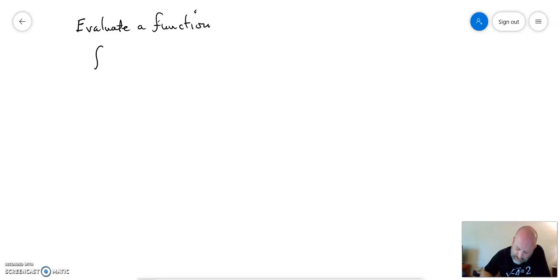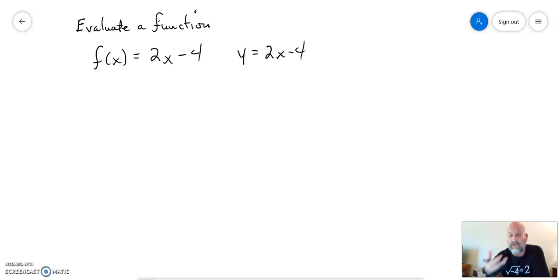So if I have a function that's f of x is equal to, oh, I don't know, let's say 2x minus 4, right? This is actually the equation of the line. We would have seen it in the form y equals 2x minus 4. But this set of instructions, the way that it's given, allows us to tell you what the input is that I want you to plug in. And so let's say I wanted to evaluate this at